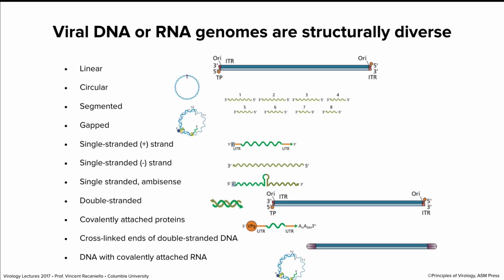Now, there are 7 genome types, but they are structurally diverse, and that's shown on this slide. In the end, there's still 7 different genome types, but for example, the double-stranded DNA can be linear or circular. That's something unusual. We don't have circles in our genomes, right? We have linear chromosomal DNA, but some viruses can have circular DNA. And this goes for double-stranded or single-stranded DNA genomes. They can be linear or circular.